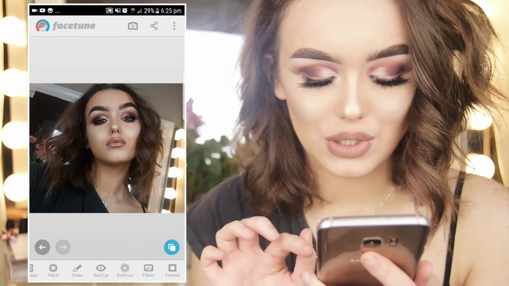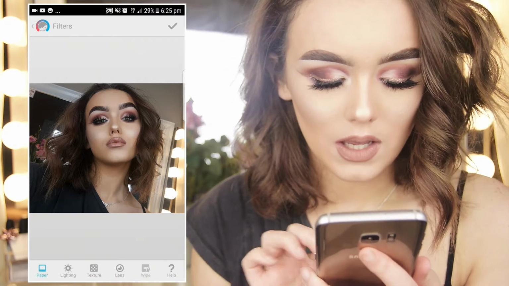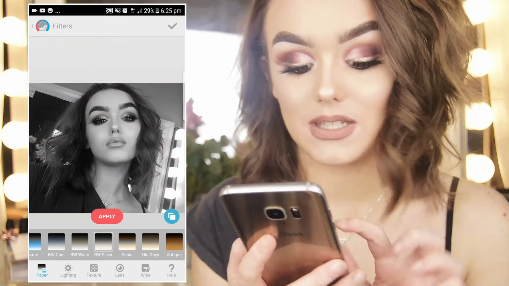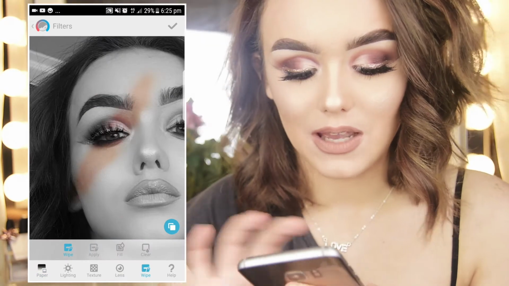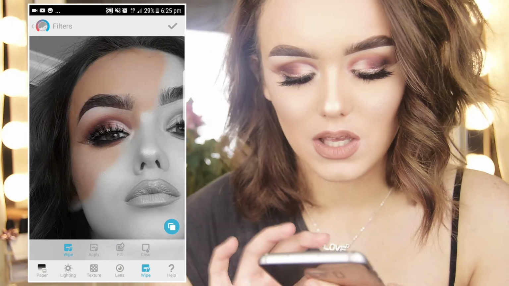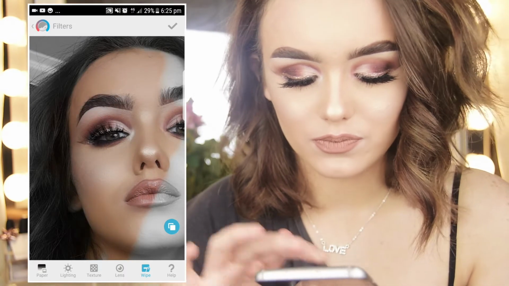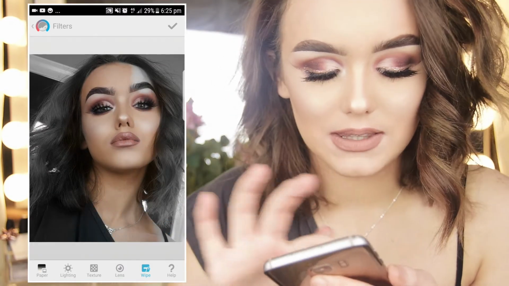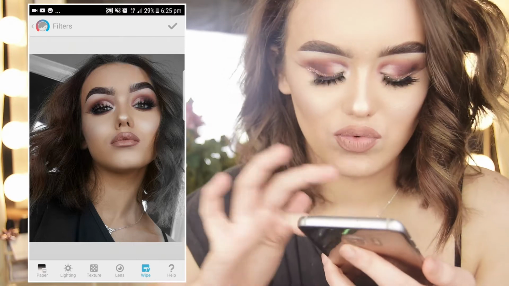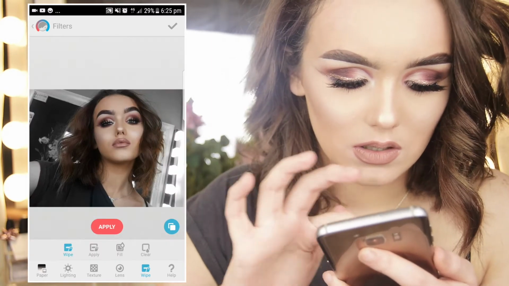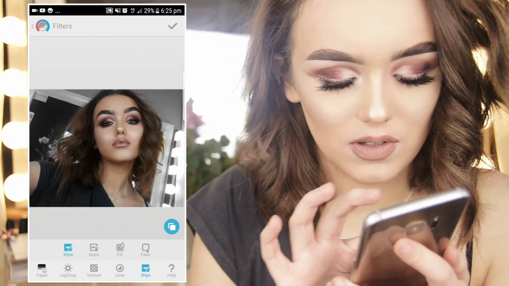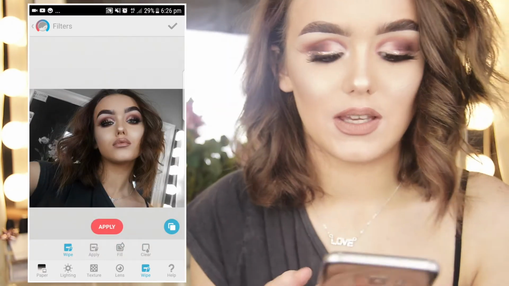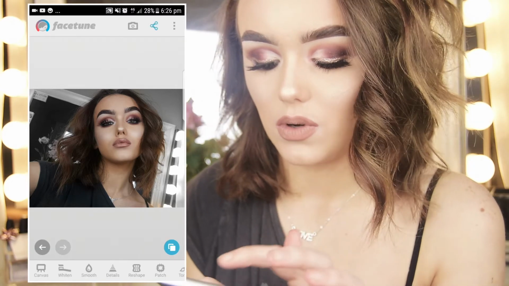Then we go into filters and pick BW Silver. Black and white silver is my favorite. Wipe me out of it. I take it all off of me, so my background is nice and black and white. And just like that. Okay, so that's all I do on